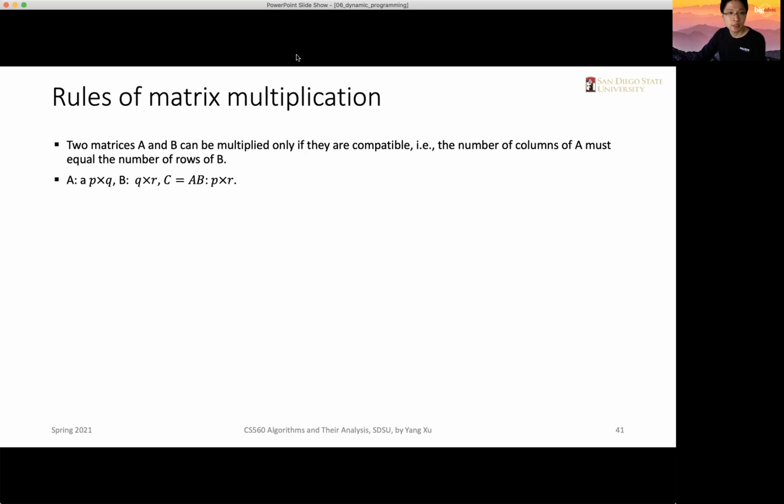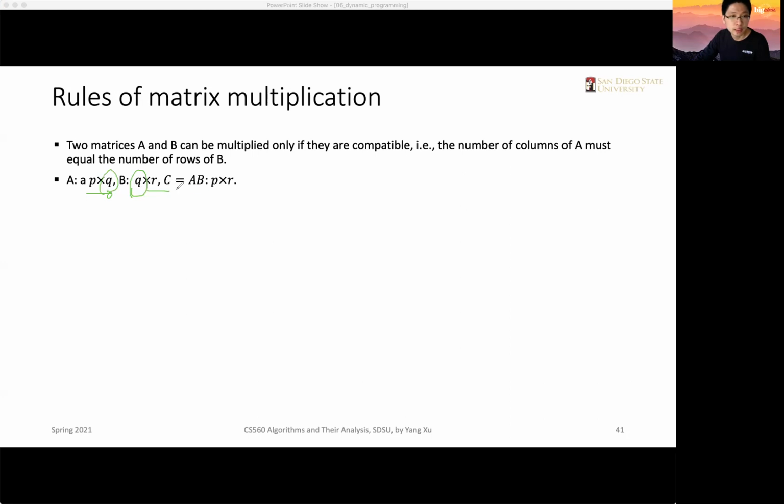So when A is P by Q, which is P rows and Q columns, then B must be Q rows and R columns. Only when they have the matching Q here